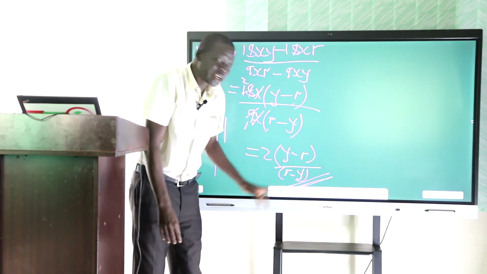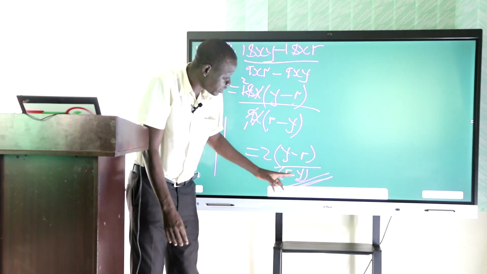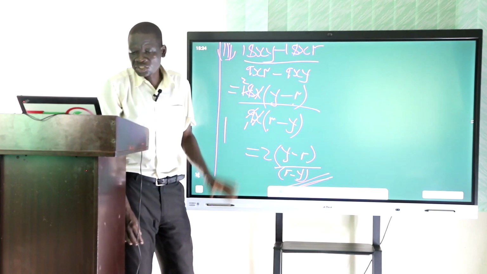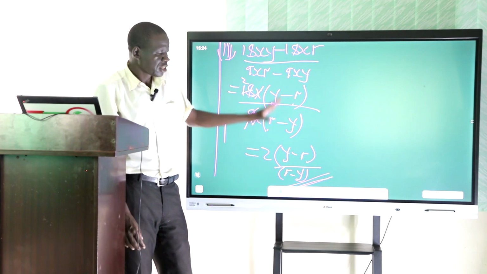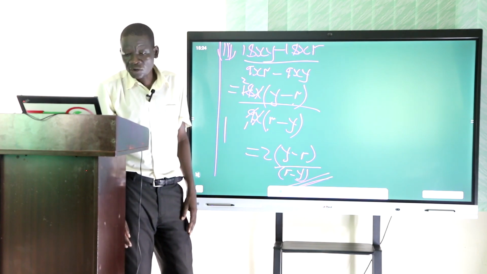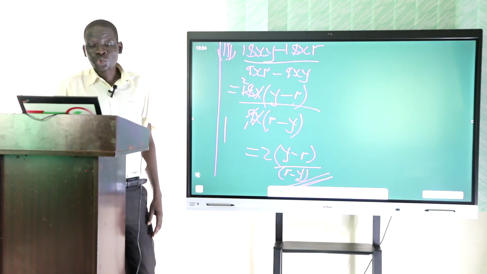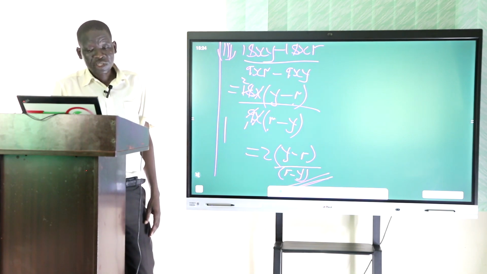The y minus r is not the same as r minus y, so they don't cancel. You leave it as it is. Should you cancel it, it means your answer will be wrong. That is about factorization. For that reason, therefore, you must be able to factorize